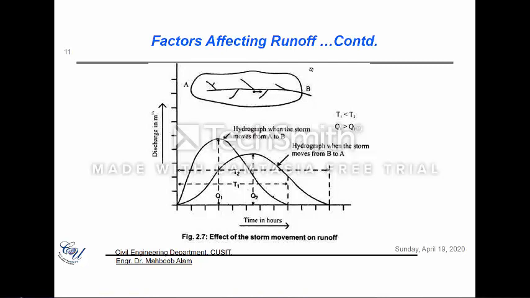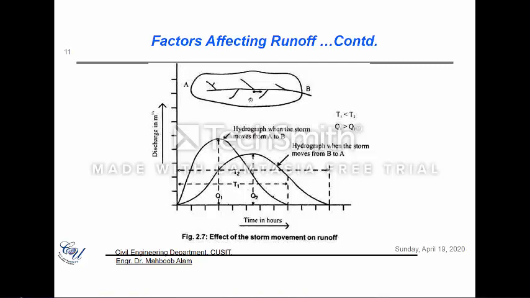and now the clouds have moved out of that catchment, but because it has already rained here, all the water would then be reaching here fairly quickly. And that's why you see that this hydrograph, when the storm moves from A to B, is higher. The base period, this one, is a little bit shorter, and the peak is higher. Now, if we look at the